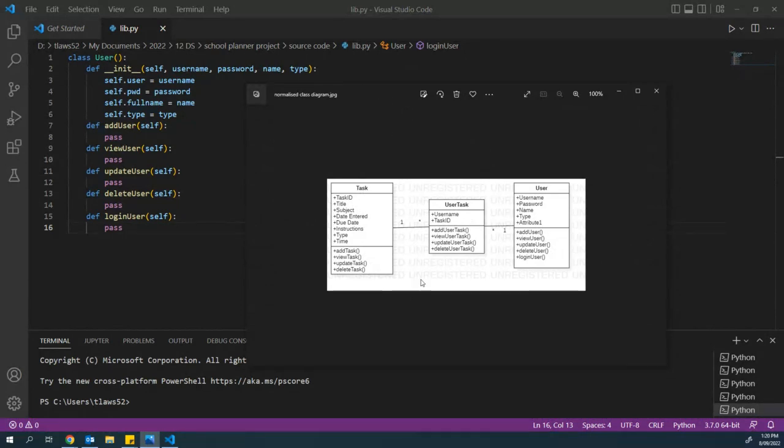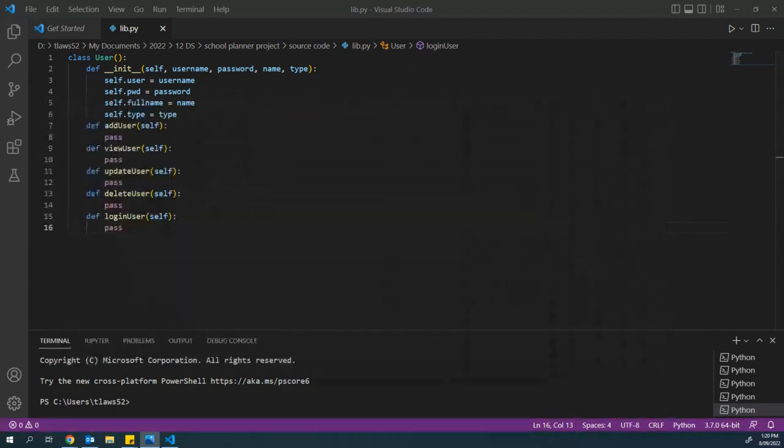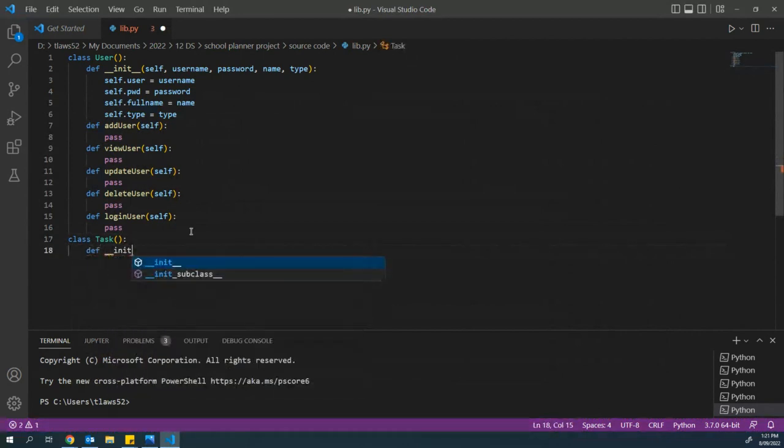All right, so we'll do the same thing for the other two objects. And again, as we talk about when we're learning how to code, one of the big things is about getting in those reps. So as I said, because of the pattern, we could copy and paste quite a lot of this and use it again. However, we want to type all of it out so it gives us more time interacting with the particular code. So class task, connect. Again, we can get rid of this none piece. And we will add in all of the